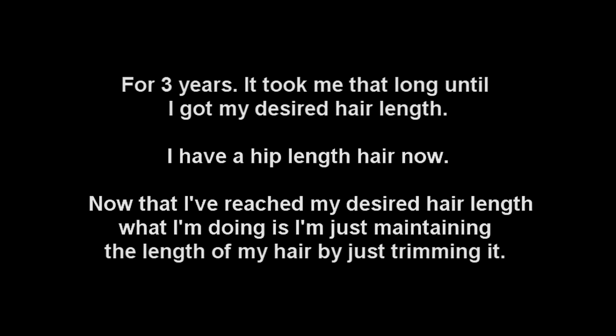Okay, so I've been counting out the years. I've actually been growing out my hair for a while, but of course during those years I have pruned, meaning I have trimmed my hair. I didn't just grow it and never cut it. During those years I have trimmed, and yes, I have cut my hair, because one fun fact,